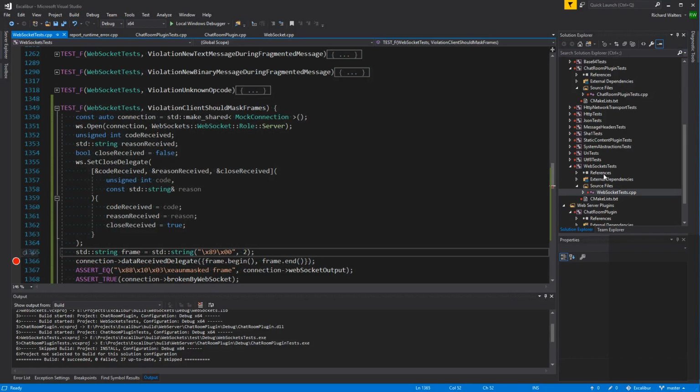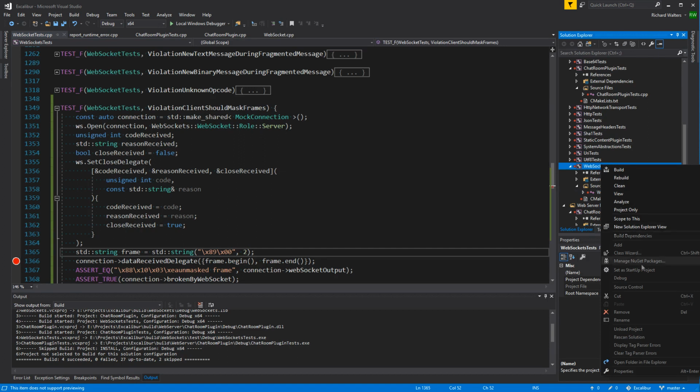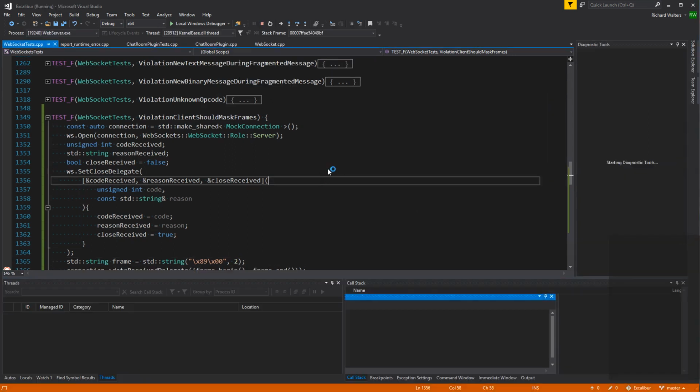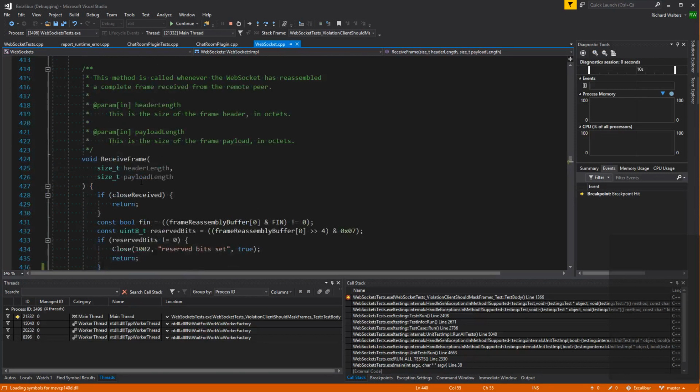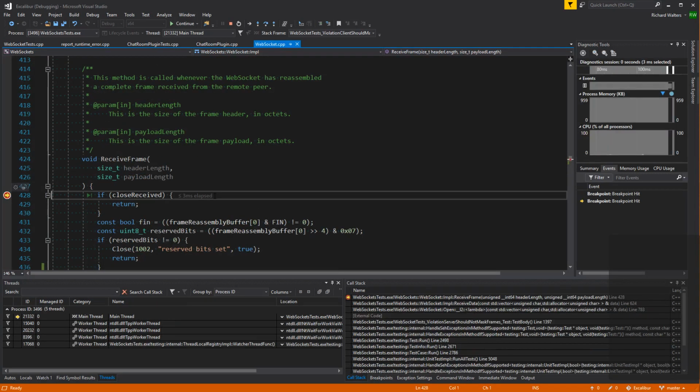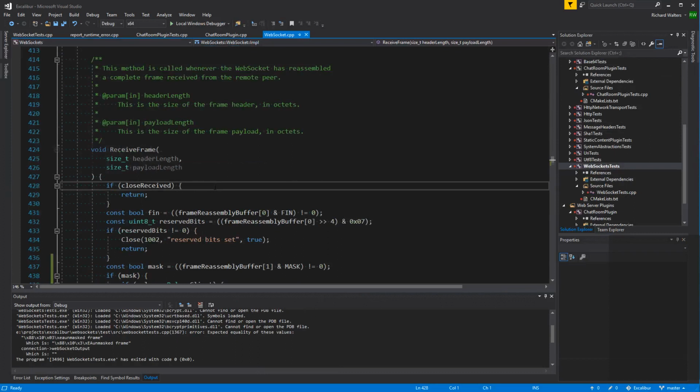If I set this to be the startup project, set the breakpoint there and go. And hit go. Oh, it never got to receive frame? Really?